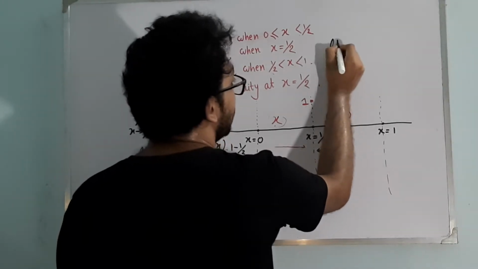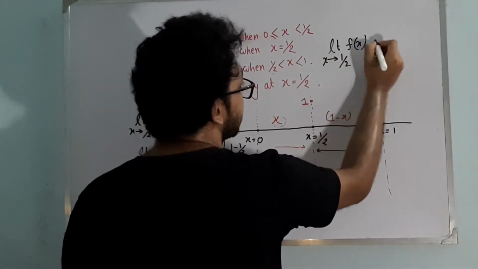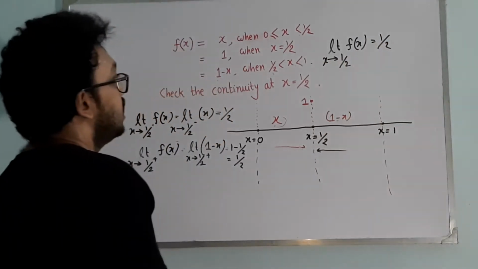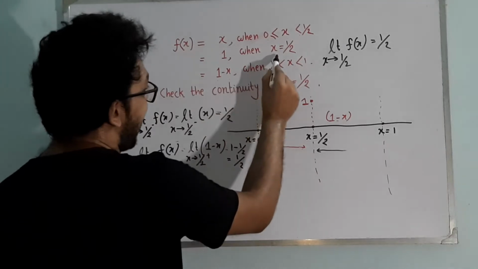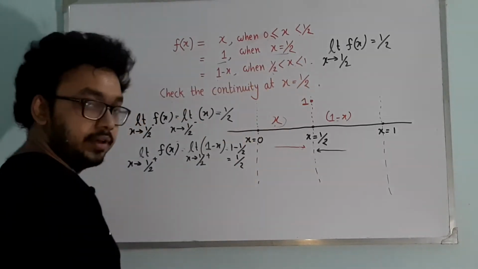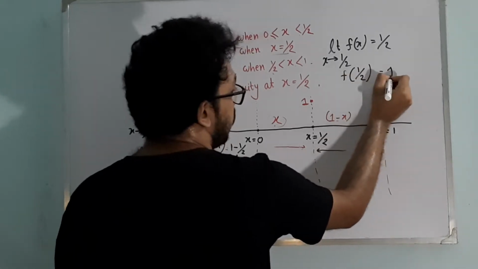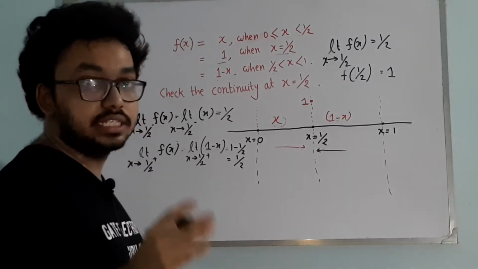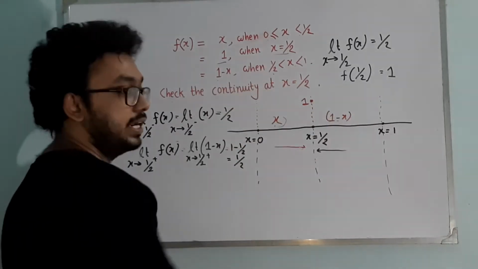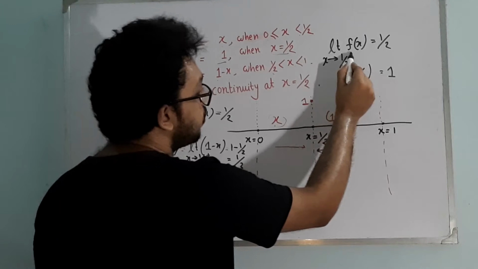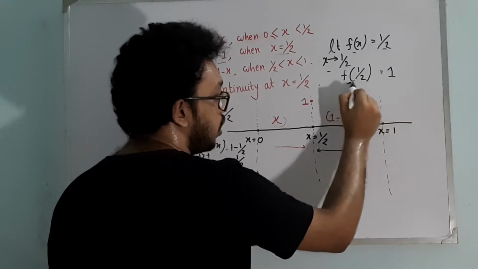So what did we obtain? We obtain that the limiting value of the function f(x) at x equal to half is nothing but half, right? Is it all right up to this part? Okay. Now see, the function says that at x equal to half, f(x) is equal to 1, right? So f of half is nothing but 1. What is meant by f of half? f of half means the value of the function f(x) at x equal to half, which has been mentioned to be 1, right? So we observe that the limiting value of the function f(x) at x equal to half is half, while the value of the function at x equal to half is 1.